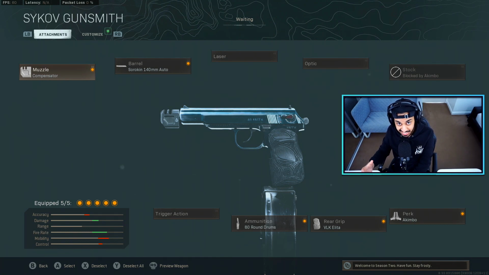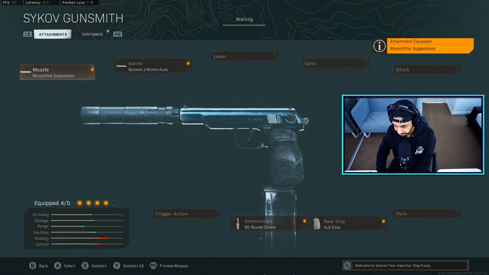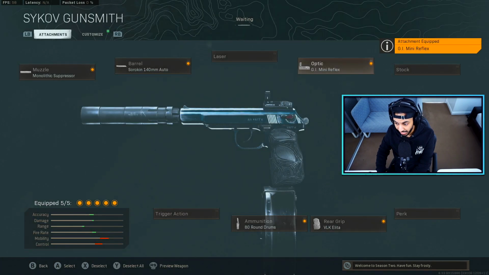And again, this is that same video we done testing on. You can check that out in the link in the description. But if you want to run these single, you can remove the akimbo attachment, keep the compensator, and keep this exact build right here. Or you could run the mono suppressor, and then you can either add on the 5mm laser as well on top of that, or you can add on an optic, which is what I would do,